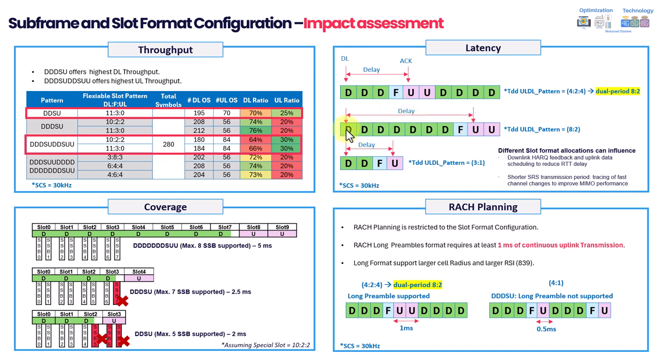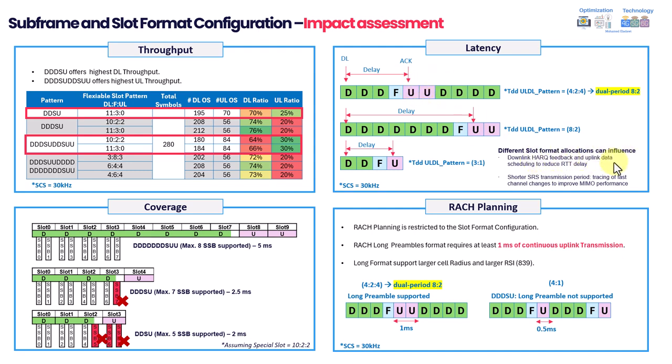If you transmit downlink here, you have to wait until then to transmit the feedback. If you're using, for example, this kind of configuration, which is 3 to 1, with 2 downlink and 1 flexible uplink, you can see that the feedback in the uplink becomes even quicker. As a summary, different slot formats in the general allocation can influence the downlink HARQ feedback,